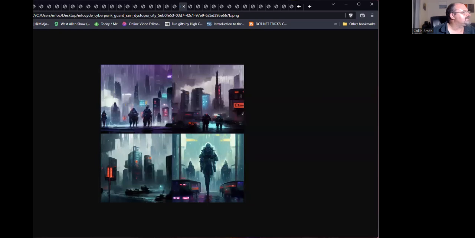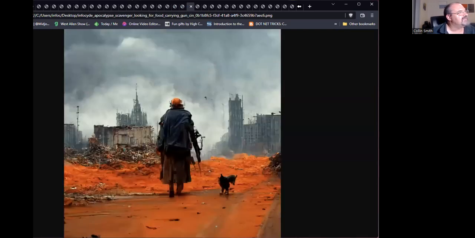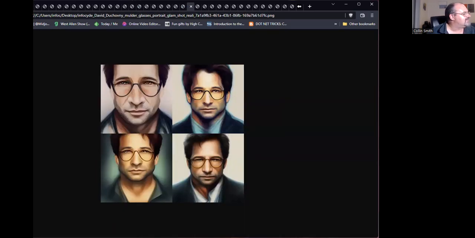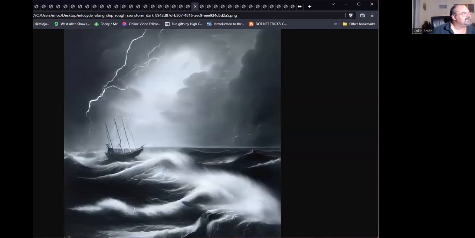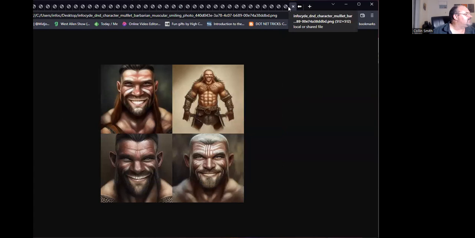Some cyberpunk stuff, goth girl in the post-apocalyptic, David Duchovny. This one I like. Viking ships and storms. Let me see if I can find one other one here. I'm going to drag this out.